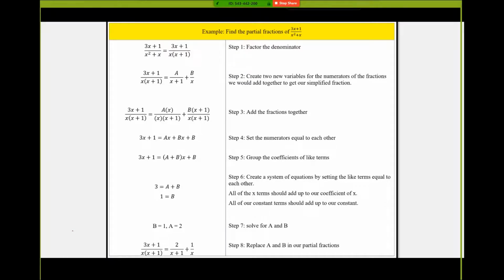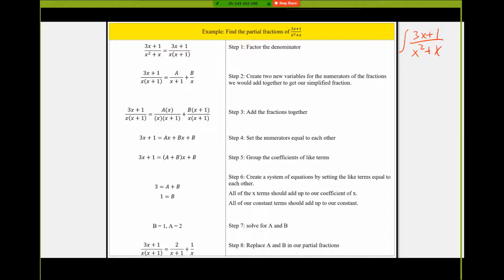So now I could say the integral of 3x plus 1 over x squared plus x is the same thing as the integral of 2 over x plus 1 plus 1 over x. Which is great for us because if I set u equal to x plus 1, u prime will be dx, which is what I have on top, 1. So I can factor this out. This will be 2 and 1 over u. So that's u prime over u,